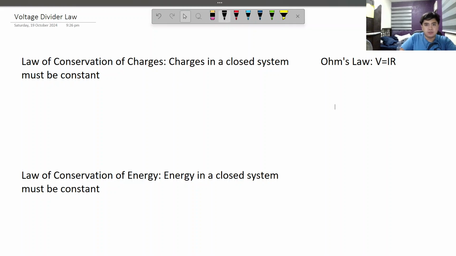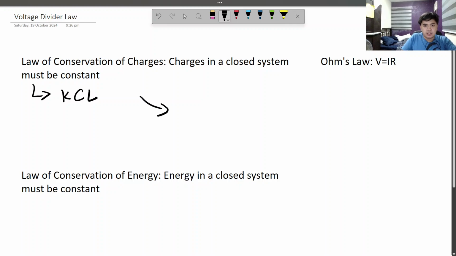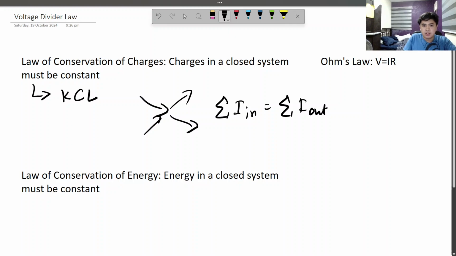For one, the law of conservation of charges gives birth to Kirchhoff's current law, which states that the current going in and the current going out must be equal to each other, or the sum of all currents going in is equal to the sum of all currents going out. Again, current is just the amount of charges per unit time. And if the charges in a closed system are constant, this must be constant,